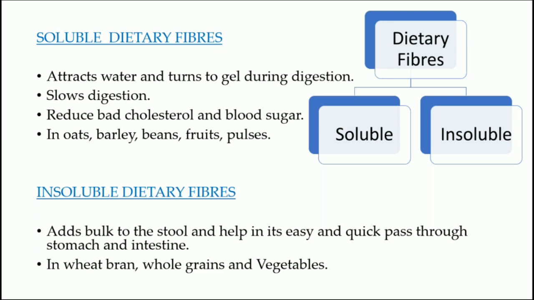That is why insoluble dietary fibers are taken by those who are on weight loss, because they give bulkiness and a feeling of fullness to the stomach. It is present in wheat bran, wheat grains, and vegetables. So this is about carbohydrates, and everything about carbohydrates and all the various components we will cover in detail in food chemistry classes. There we will discuss the structure, components and properties of carbohydrates in detail.